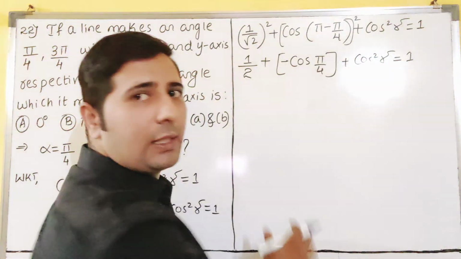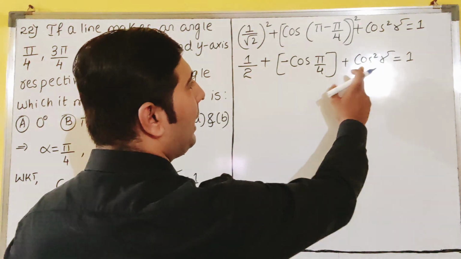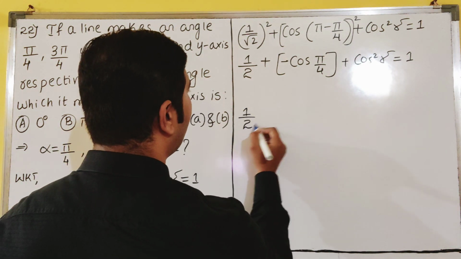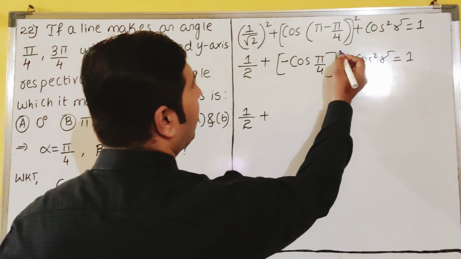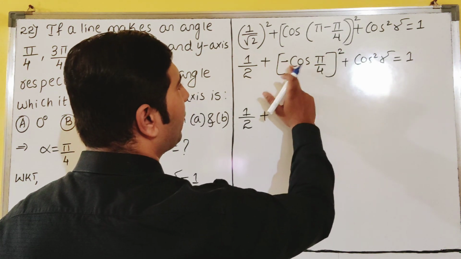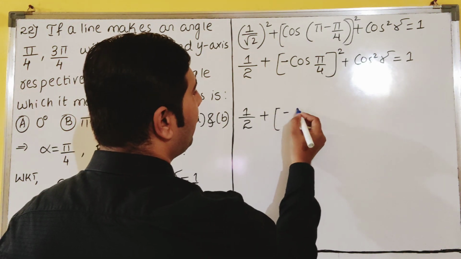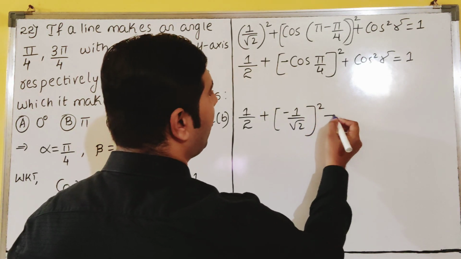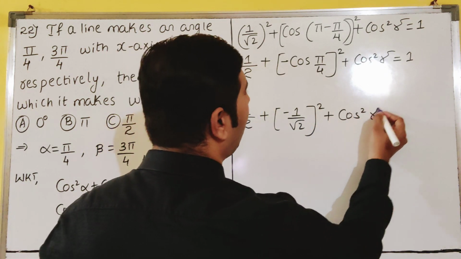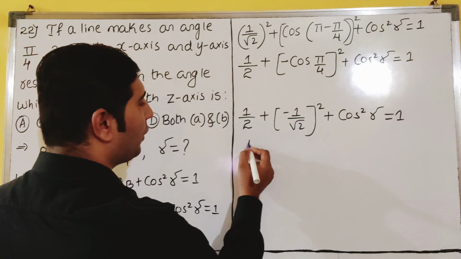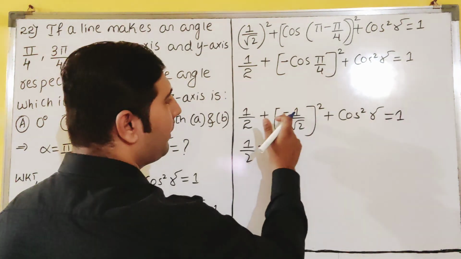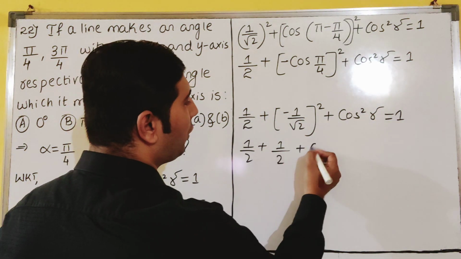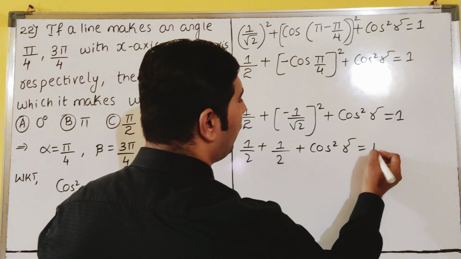So now see here, how much will you get here? This is cos square gamma, no? Don't get confused. Below I will write 1 by 2 plus, square is there, so minus cos pi by 4 is again 1 by root 2, minus 1 by root 2 because the minus sign is there and square is above. So cos square gamma is equal to 1. So 1 by 2 I can write; square them, minus 1 square is 1, square and root will get cancelled, 2. So cos square gamma is equal to 1.